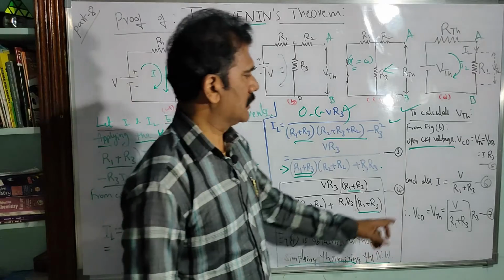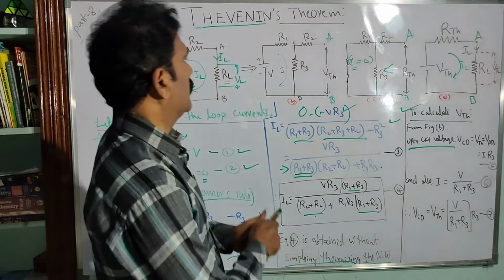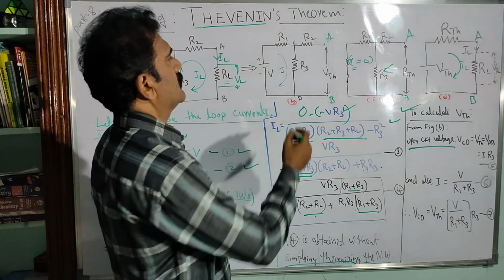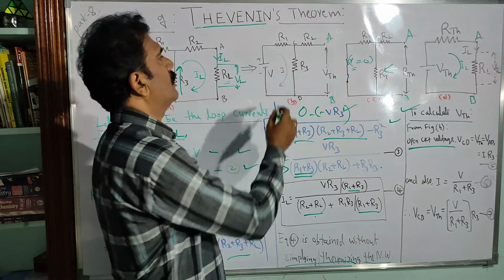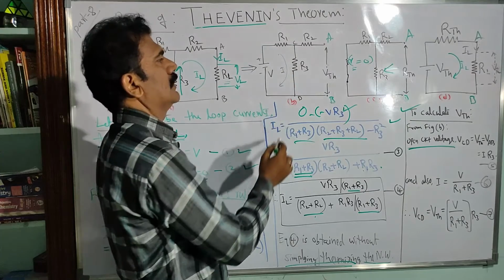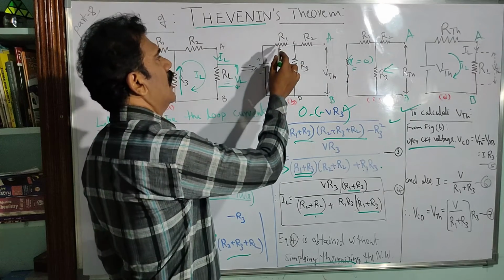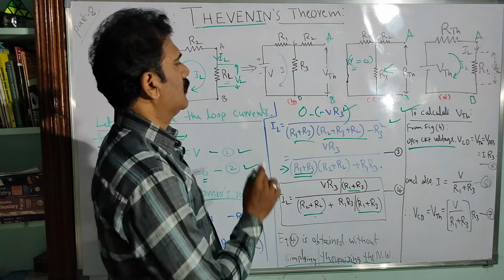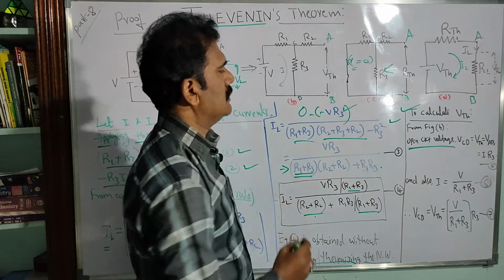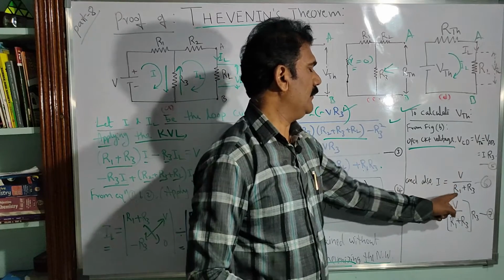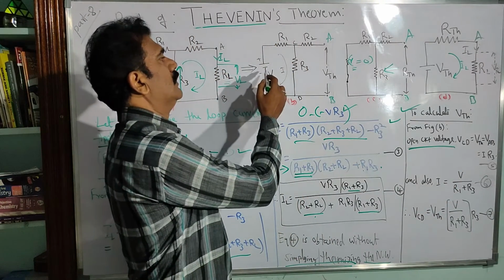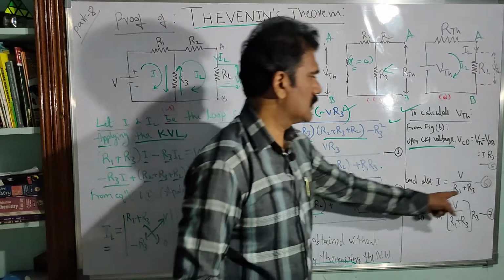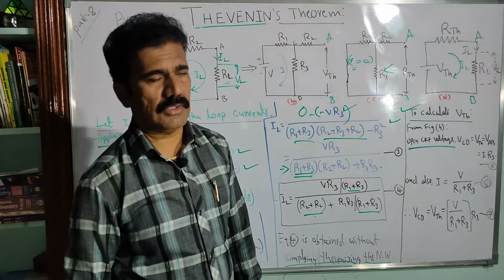Simple, isn't it? Next, if you look at the current in the loop, it is not only passing through R3, it is also passing through R1 and then R3. So what is the total resistance in the loop? R1 plus R3 is the total resistance. By applying Ohm's law, we can write this current as I is equal to V divided by R1 plus R3, because the voltage source is V and that is the total resistance, right? So that is equation 6. Clear?